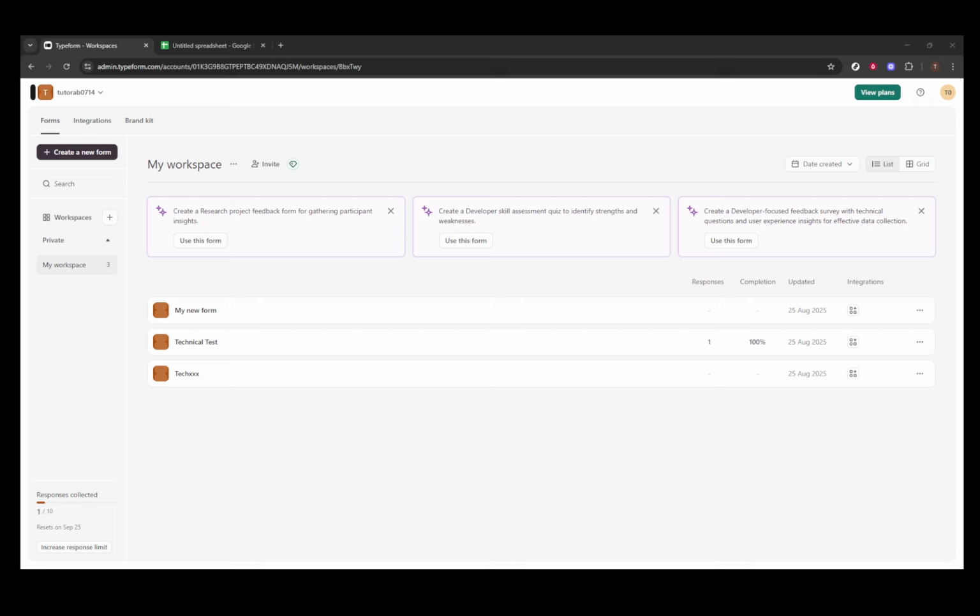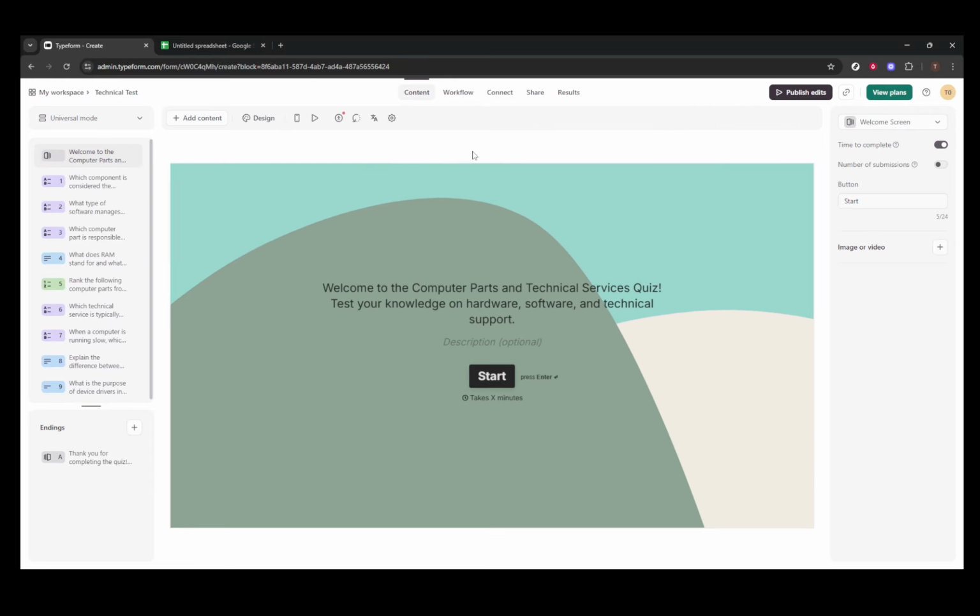First, let's discuss how you can share your Typeform via a direct link, email, or even a QR code. Once you've finalized your form, head over to the top right corner of the form builder and click the Share button. It's important to note that if your form hasn't gone live yet, doing this will publish it, making it accessible to your audience. Once you click Share, you'll be taken to the Share panel, where you have several sharing